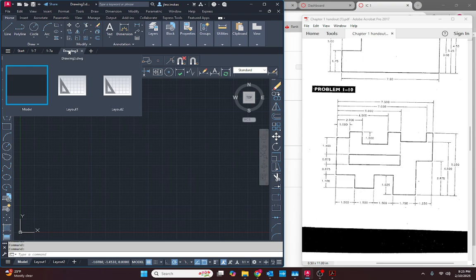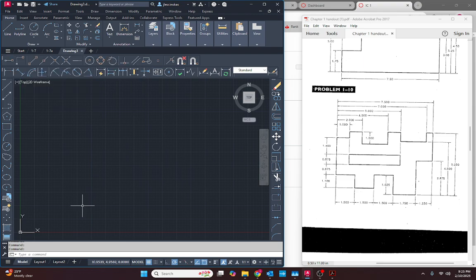And I'm going to start right here at this point. So I'm going to come down again to my lower left somewhere, click on line, get a starting point, and just start drawing. So we're going to go up by 1.1, over to the left by 1.5. Now we need to go up by a combination of 1.4,